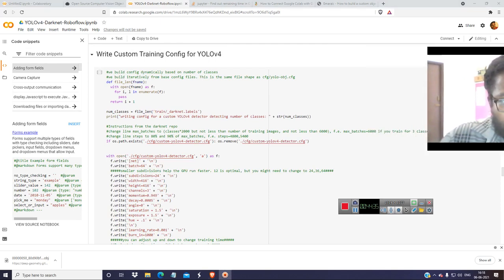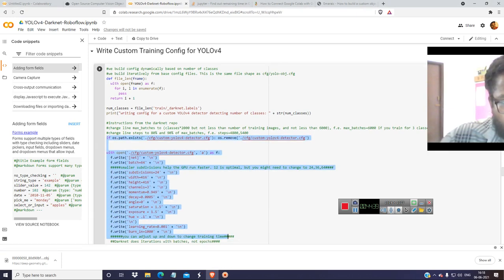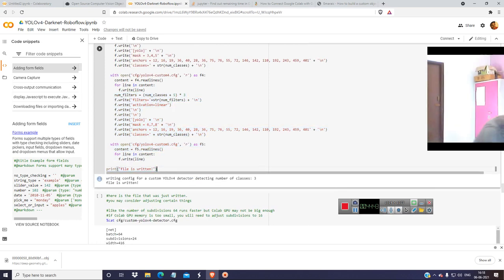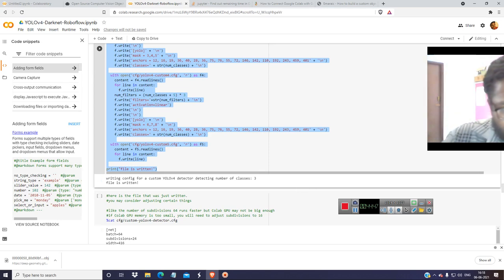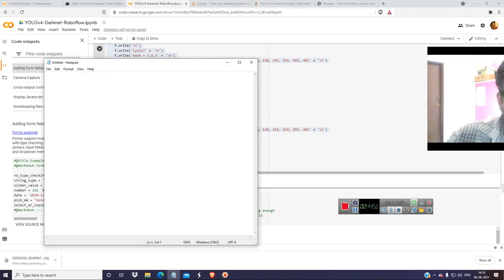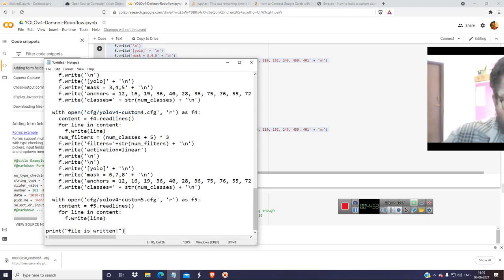You have to copy it from here to the bottom. Now just copy it, Control A, Control C, and take it to a text file. So file new and paste it and just go up.